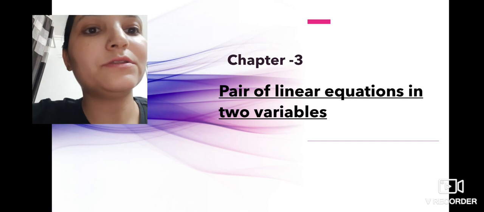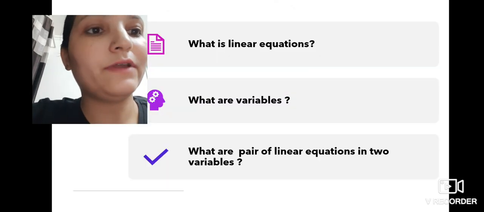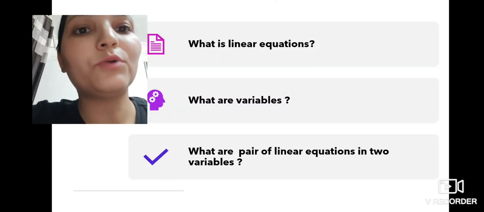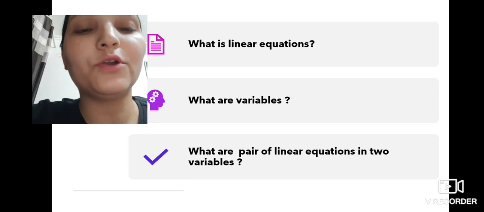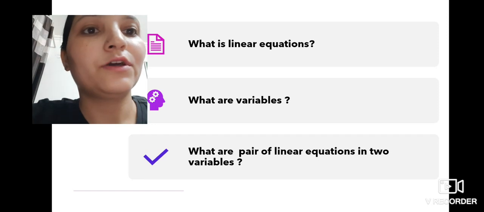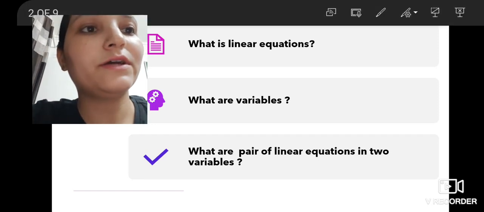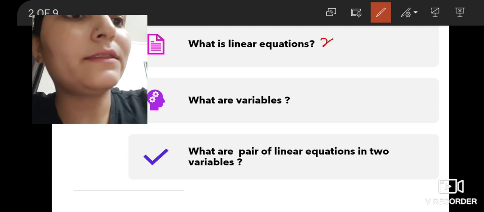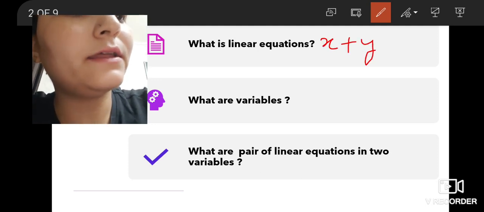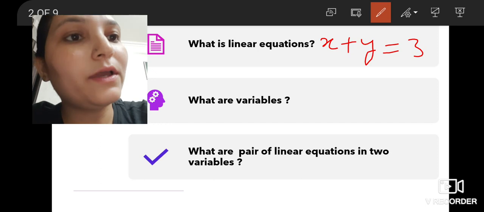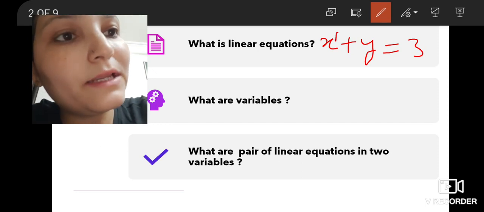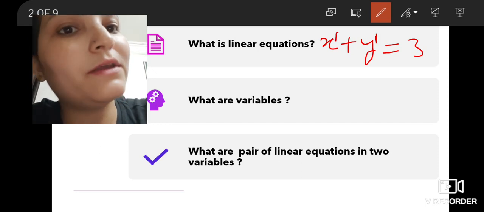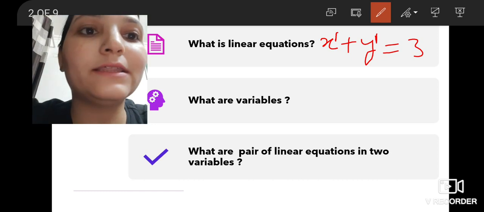Pair of linear equations in two variables. So first, we should know about the linear equation. What is a linear equation? You already learnt about the linear equation in class 9th or 8th, right? Linear equations are those which have degree of 1, like this: x plus y is equal to 3. Here the degree of this variable is 1 and of this variable also 1, so that's why this is a linear